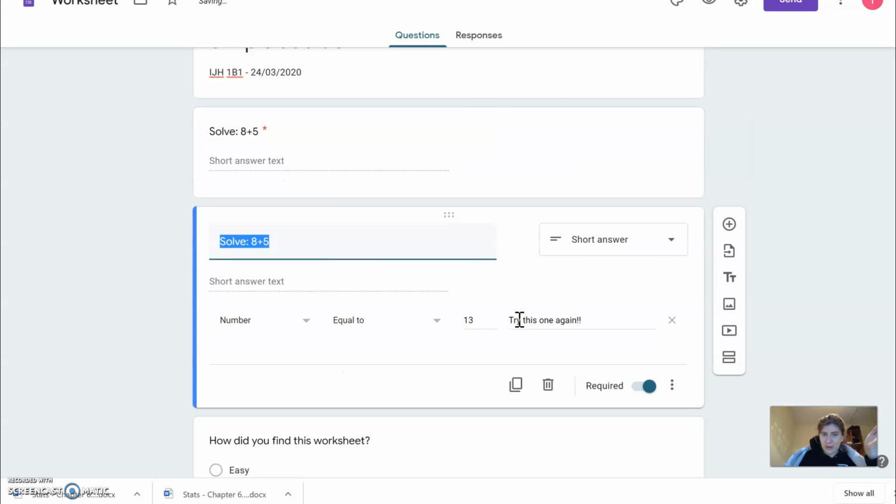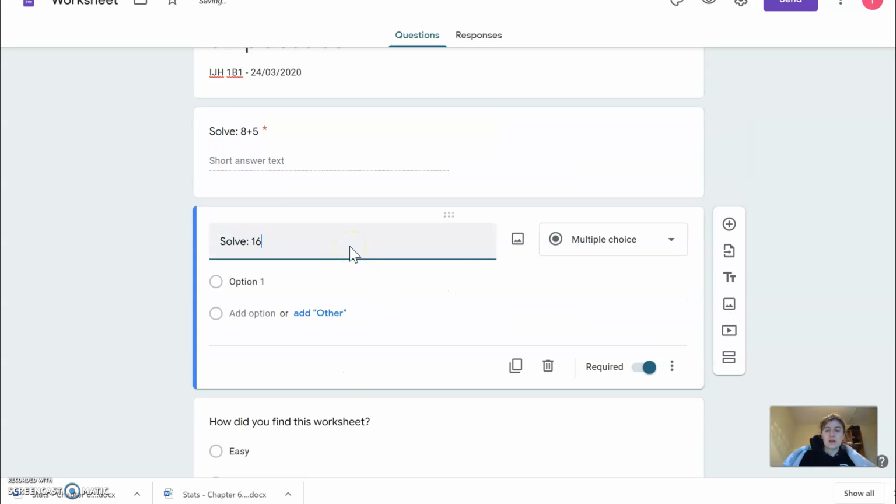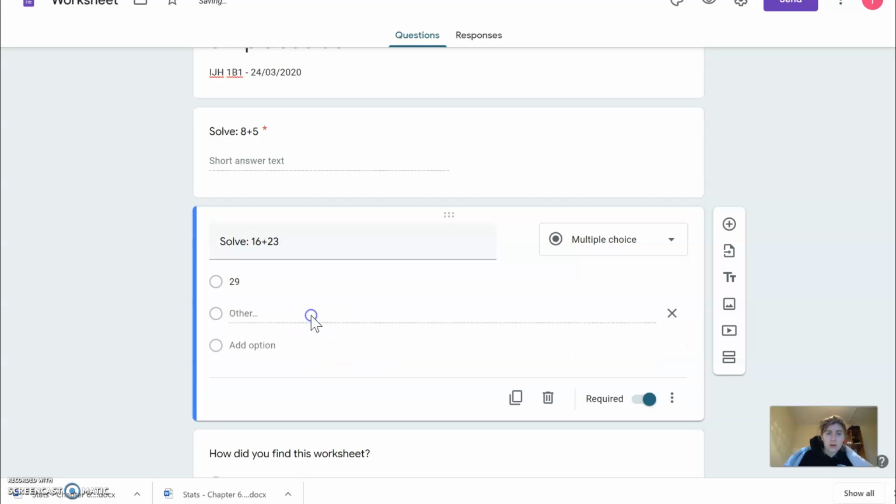So if you go duplicate, now for example, if we want to do solve 16 plus 23, now I might want some multiple choice ones. So I can put in options. So my option 1 might be, or what would be a common error for that? We'll go 29. Another one, we might go